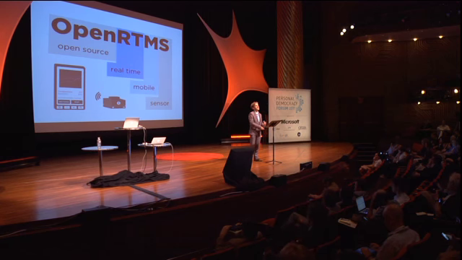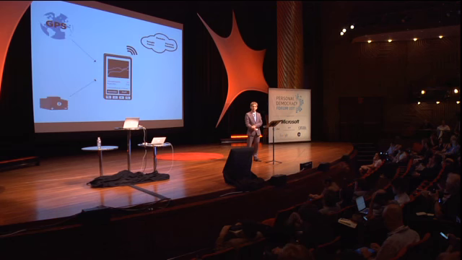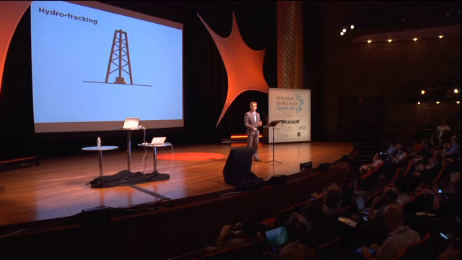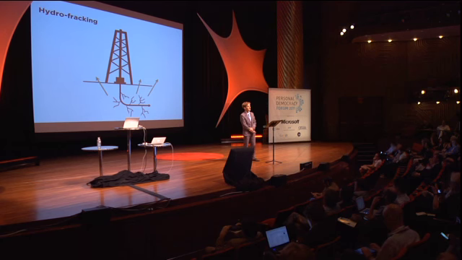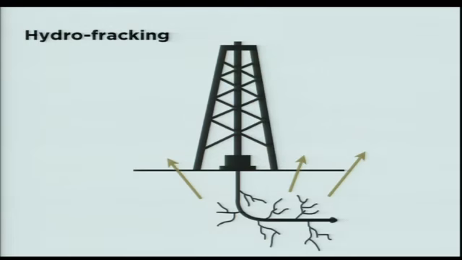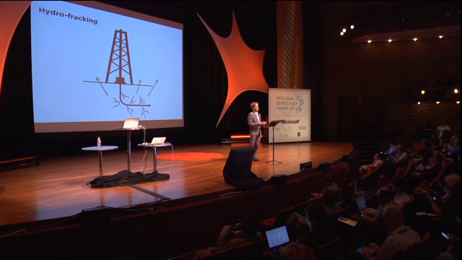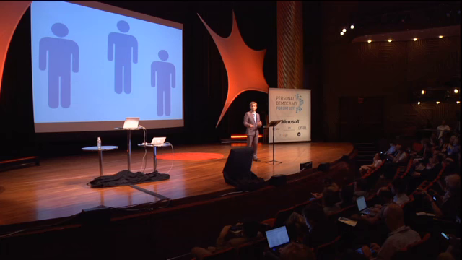To give you a better idea of how it actually works, I'm going to talk about a specific example: hydrofracking. Hydrofracking, the process of using chemicals to drill for natural gas, releases a lot of toxins into the environment that cause serious health issues for the people in that area. The idea with the OpenRTMS platform is that you could distribute low-cost sensor modules to these people,